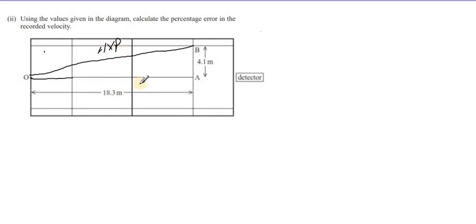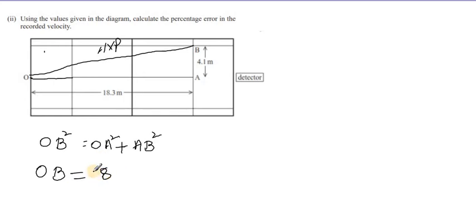Once you find the hypotenuse, which is of course OB square is equal to OA square plus AB square, once you do this, you have OB is equal to 18.8 meter. It is 18.8. And then for percentage error,